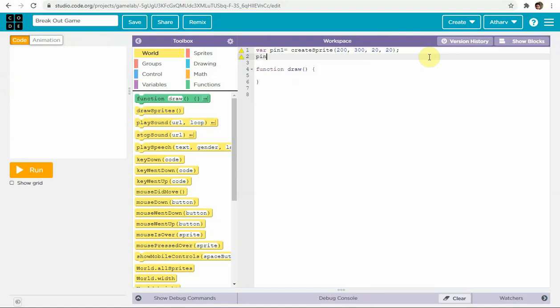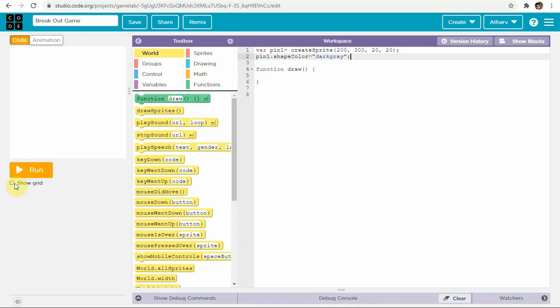Now pin1.shapeColor equal to, in the brackets I'll give it as dark gray. Dark gray will be the color of the ball. Right. Now, what does var mean? The var code means that we are assigning a variable named pin1, which will be, I think, here. Suppose here. I'll show you 200 and 300, right? 200 and 300. I will put a marker.